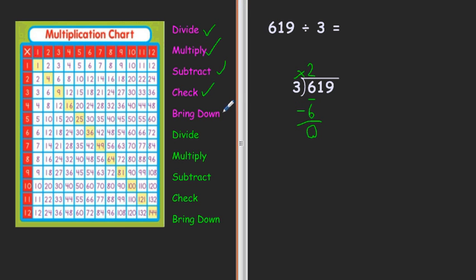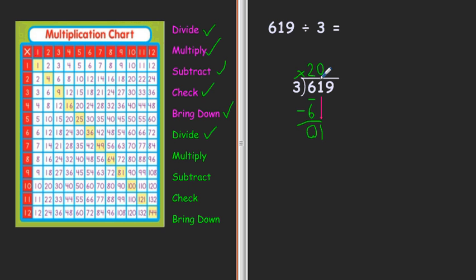And I'm going to bring down my digit. Bring down the 1. So I bring down this 1 right here. Now when I go to divide, I can see that 1 is not divisible by 3 since 1 is smaller than 3. So 1 divided by 3 is 0. So I divide,